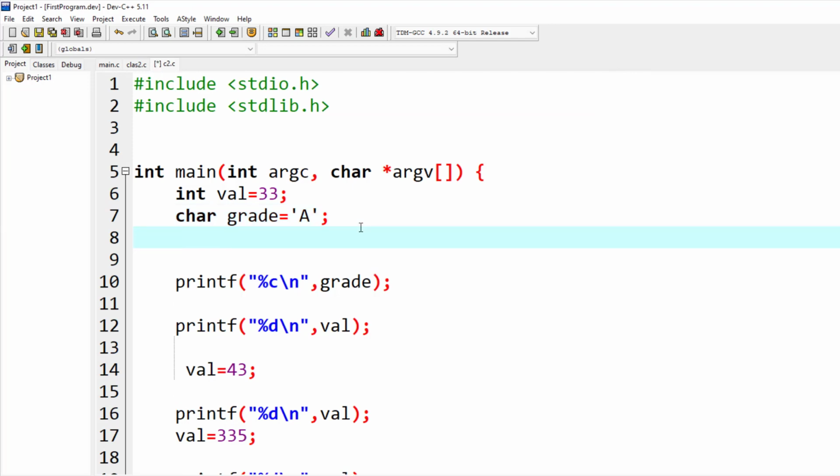And how can we store a string? In C we use a char array, a character array. Like name, and what will be its size? Let's say the name is 50 characters maximum. By using double quotation marks we store our name in this array. So let's assume any name.